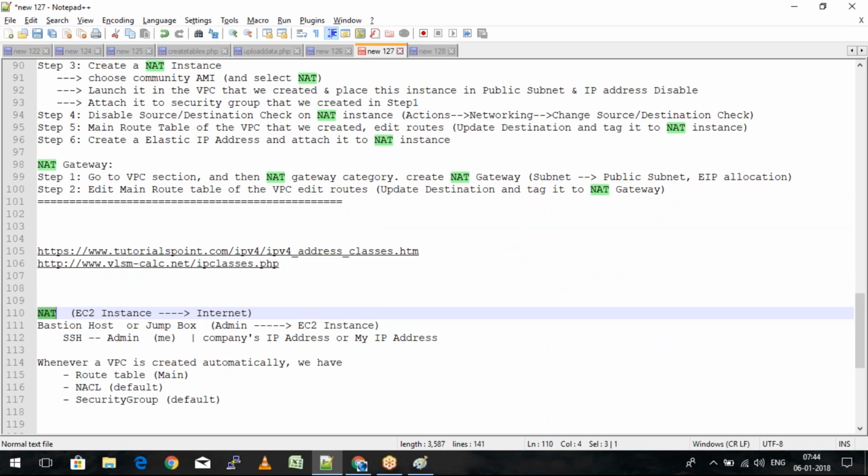So some administrator really needs to get access to the EC2 instances in the private subnet. How do they access them? They have a jump box set up which will be open only to the administrator of the company or a certain set of people whose IP addresses are clearly known, and only those people will be able to log in to this jump box. From that jump box they will easily be able to work on the instances in the private subnet.